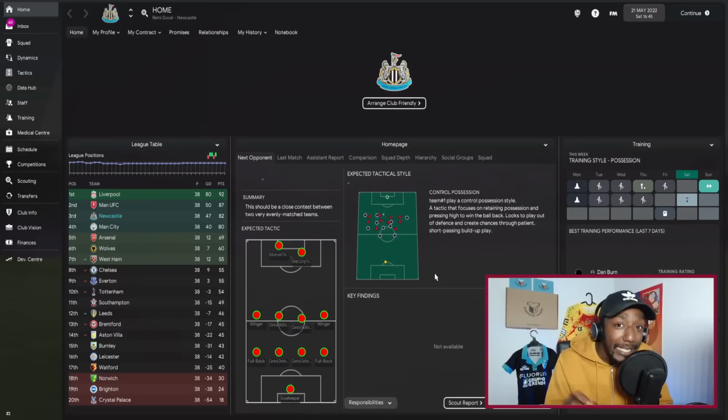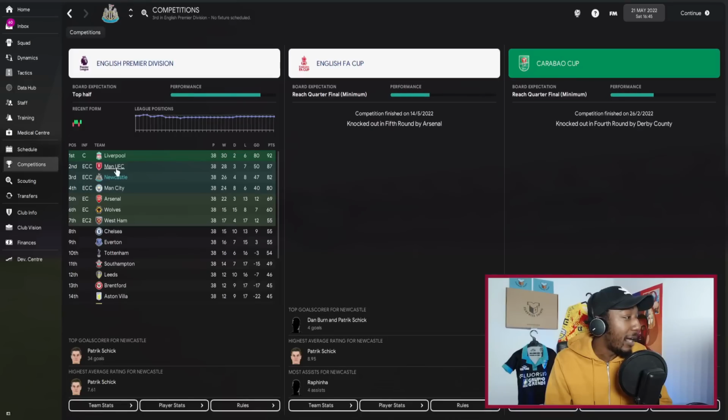So at the end of the season, as we can see here in the league table, Newcastle finished third, 38 games, of course, played and finished on 82 points. Now, looking at the competitions, we got knocked out in the fourth round by Arsenal. In the Carabao Cup, we got knocked out in the fourth round by Derby County, but we don't really care